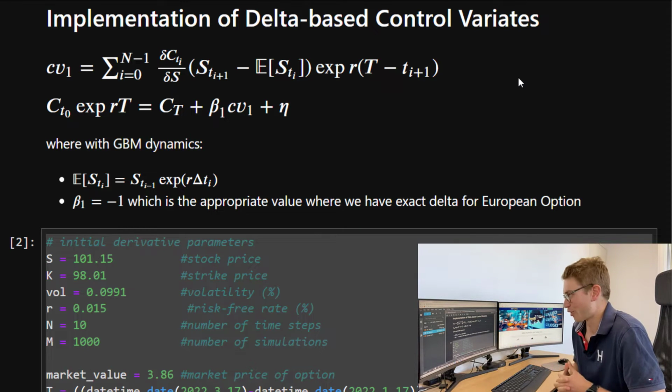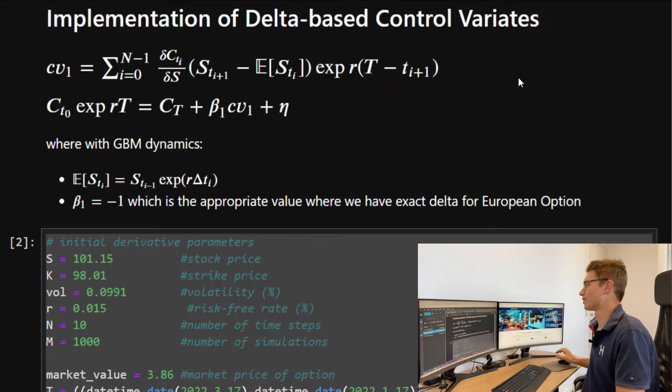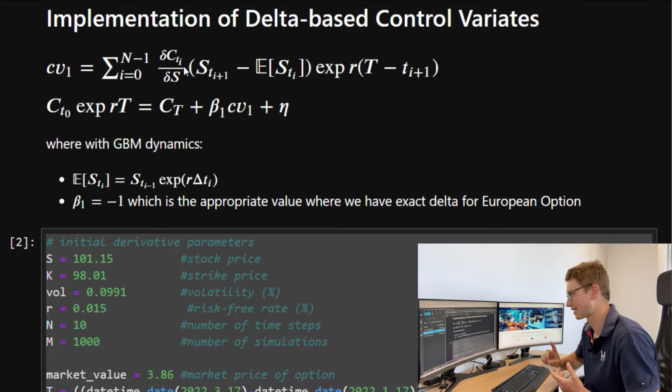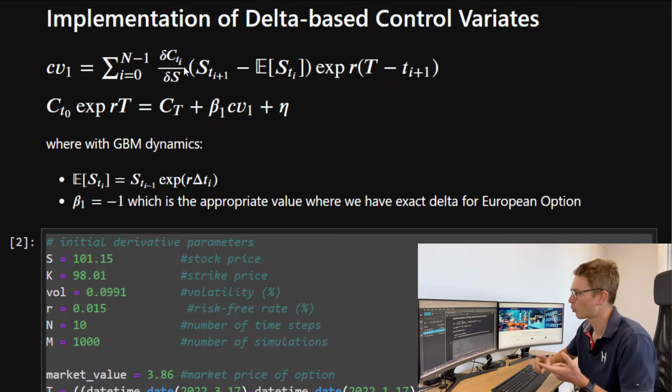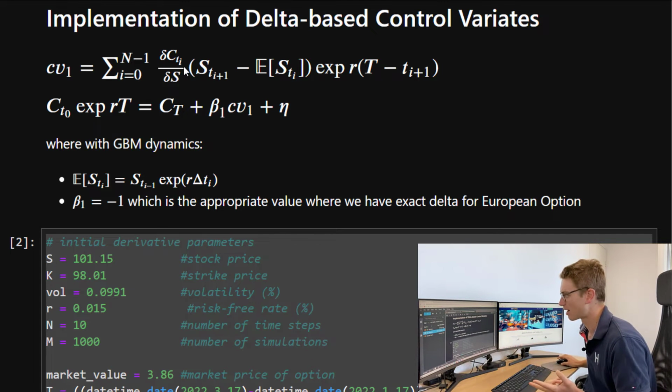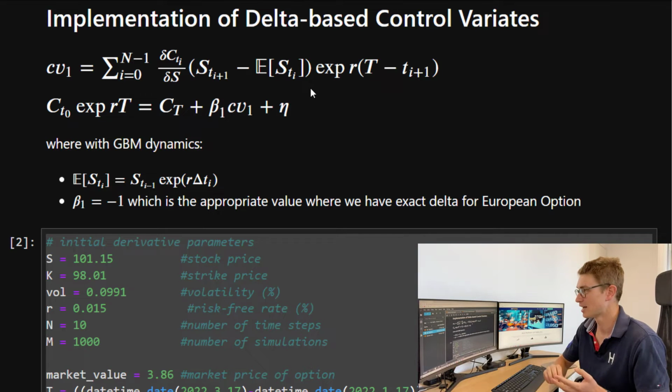So now that we've gone through the theory, let's get into Python. Implementation of delta-based control variates. Here we've got CV1, just a reminder of what it is. We're going to calculate the delta at each time step. We're going to simulate the next stock price, S(t_i+1), and then we're going to minus the expectation of